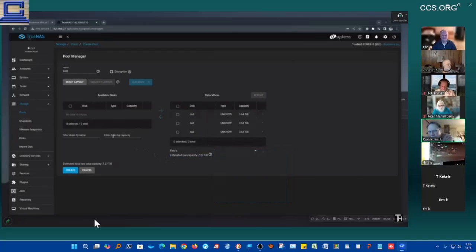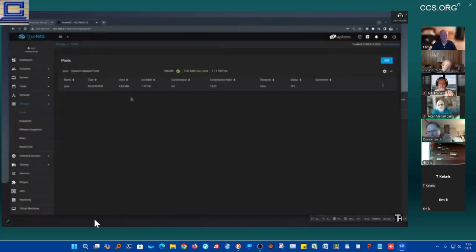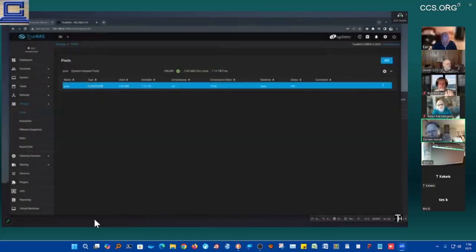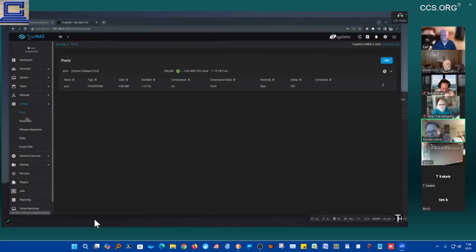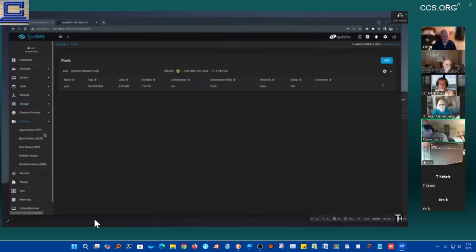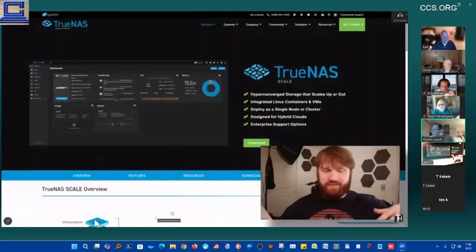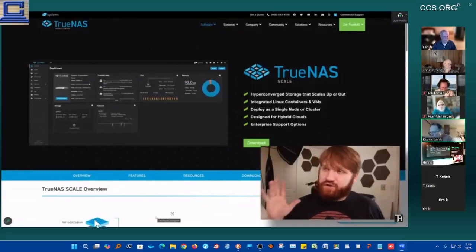I'm not going to talk about all this, but you can really see a lot of the various features it has. OpenZFS is the main file system structure that they've got going on. TrueNAS gives you a lot of settings to make configuring your setup really easy, and they do support virtualization, so you can spin up a Windows virtual machine or a Linux virtual machine and still have the same features and accessibility that you would have with something like Proxmox